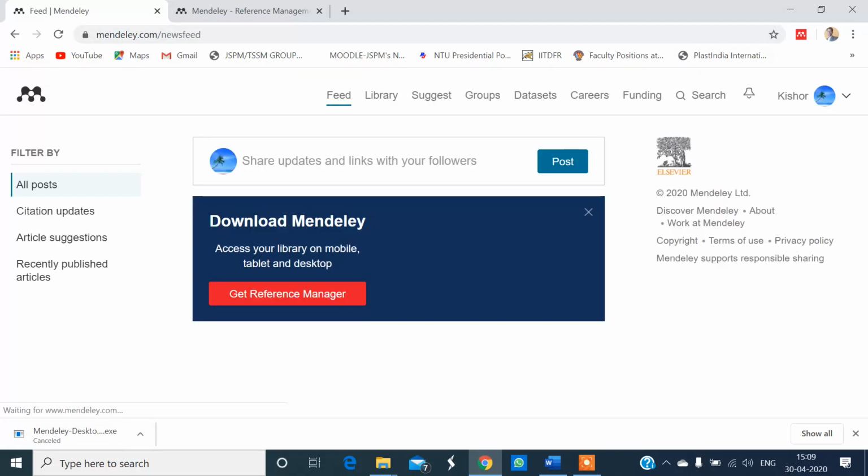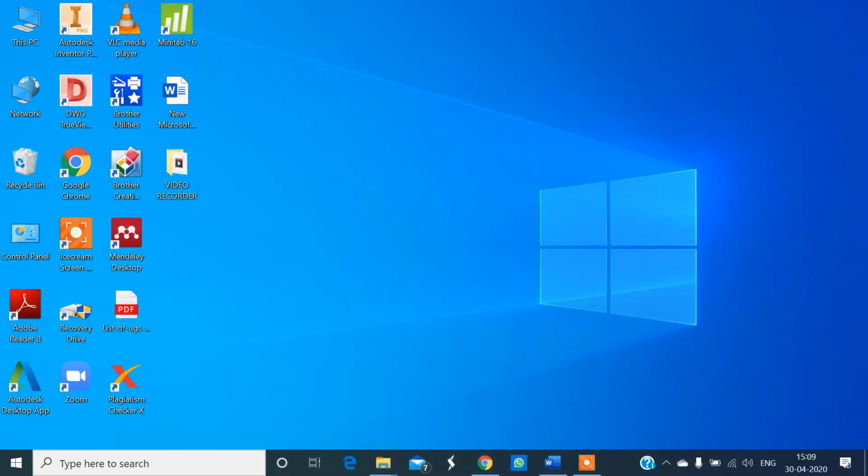When the software gets downloaded, click on the installation file, and once it is installed on the desktop, one shortcut icon will appear. This is the Mendeley Desktop icon. Double click on it.